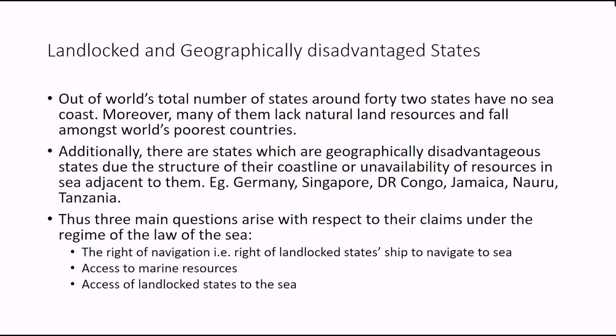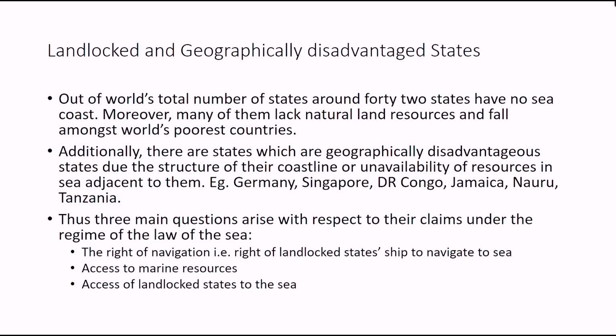Additionally, there are states which are geographically disadvantaged due to the structure of their coastline or unavailability of resources in the sea adjacent to them. Examples could be Germany, Singapore, Democratic Republic of Congo, Jamaica, Nauru, Tanzania. Thus, three main questions arise with respect to their claims under the regime of the law of the sea: the right